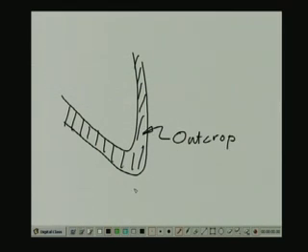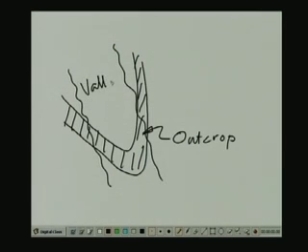The reason why the outcrop actually takes a shape of a U or a V inside the valley is because near the valley bottom